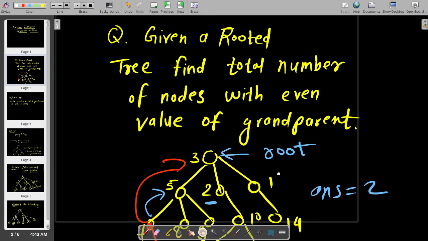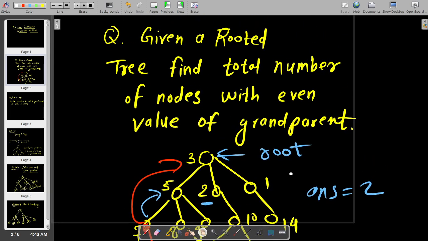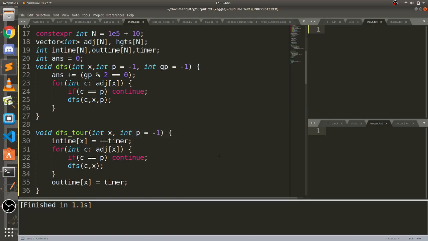You could solve this in a recursive manner as you do in normal DFS. I will show you the code. How could you do it? Let's say, this is the DFS here. Normally you pass the value of the parent.